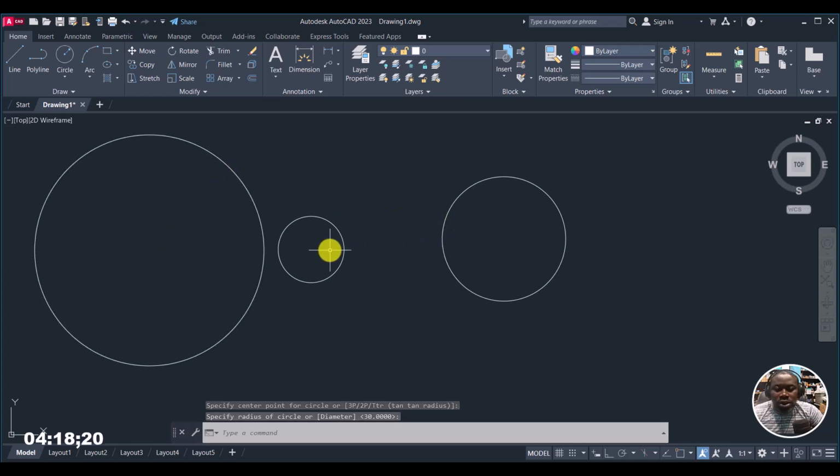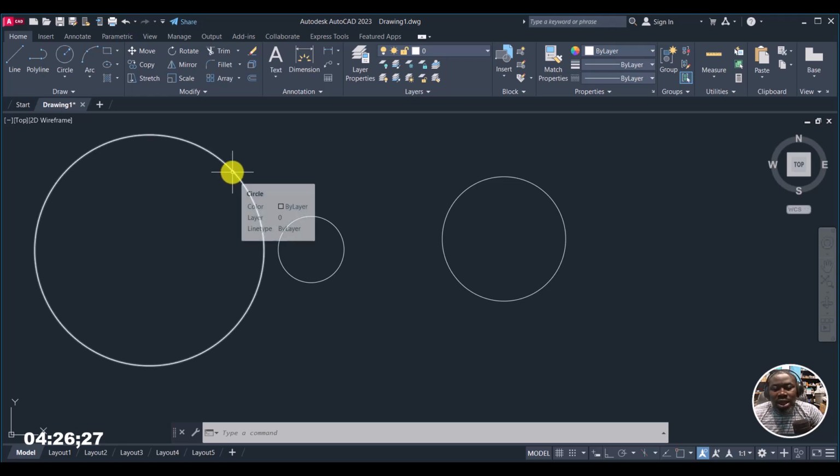So now I have drawn these three circles. This is 16 inches, this is 30 inches, and I've just drawn this one without even knowing the dimension, by just clicking any desired point. So this is one way by which we can draw a circle. Another way we can draw our circle